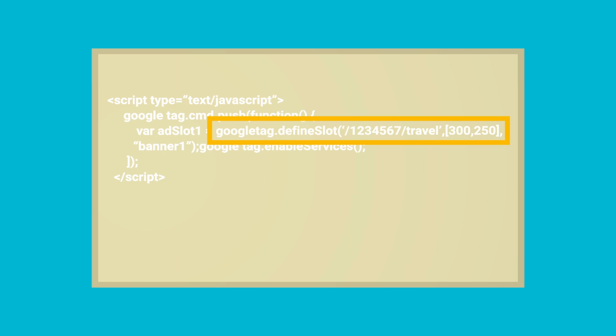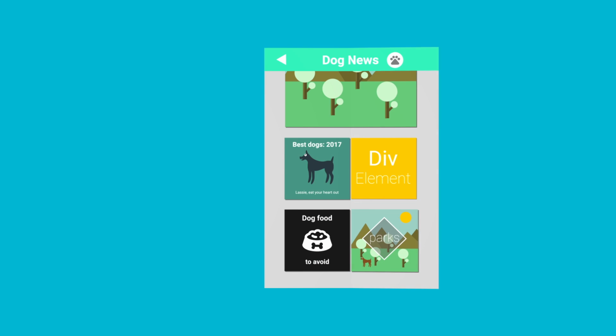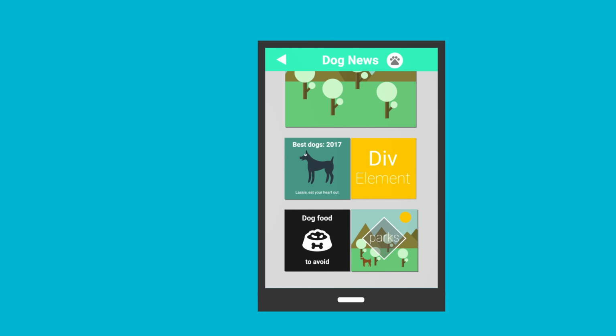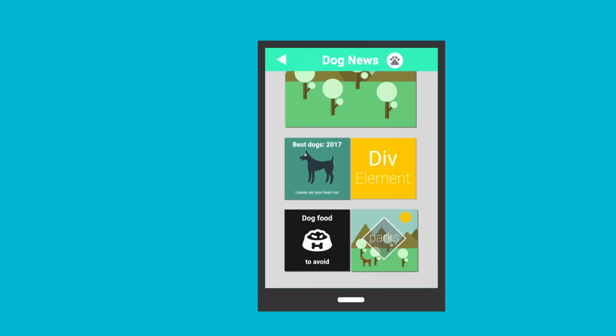This is defined with the define slot method. For single-size ad slots, you list the width and height of the request inside an array in the second parameter of the define slot method. Also, for single-size ad slots, you have the option of defining the size of the div element where the creative will render. This prevents other elements on your page from shifting if the creative renders asynchronously after elements following the